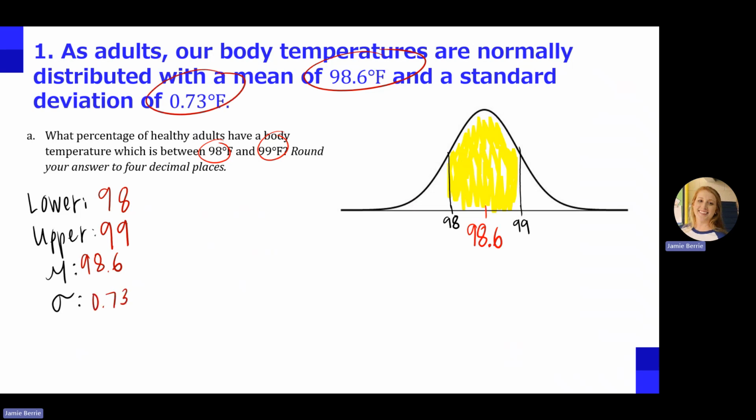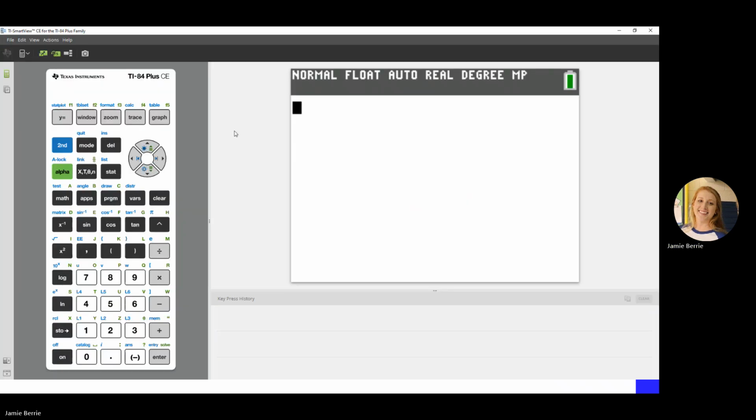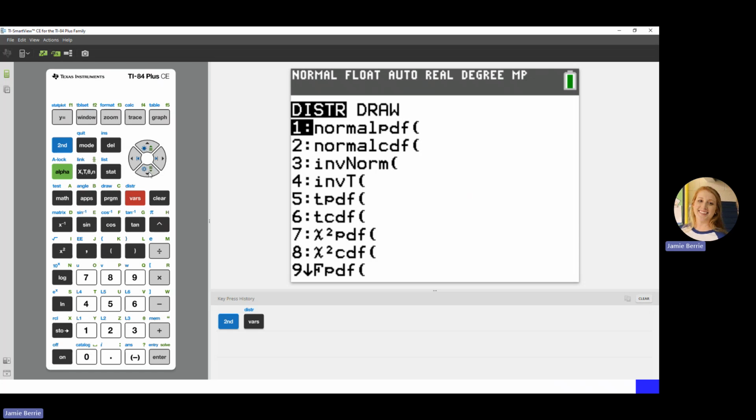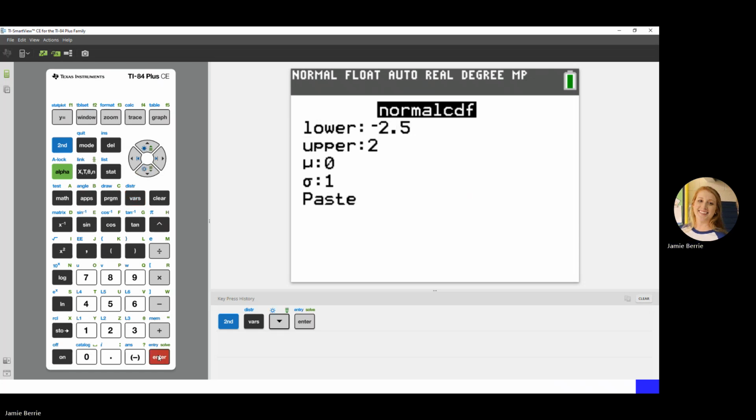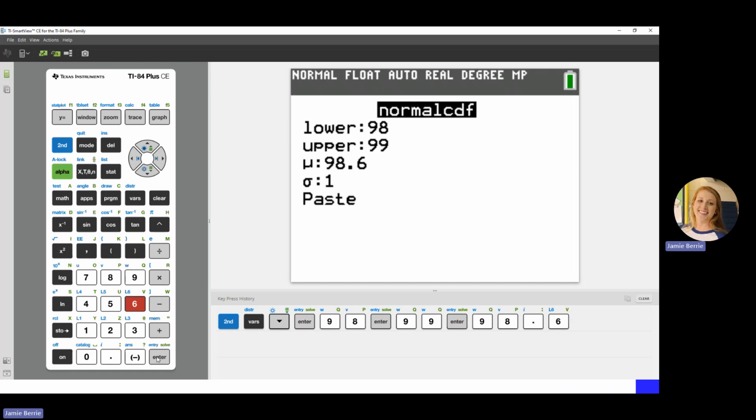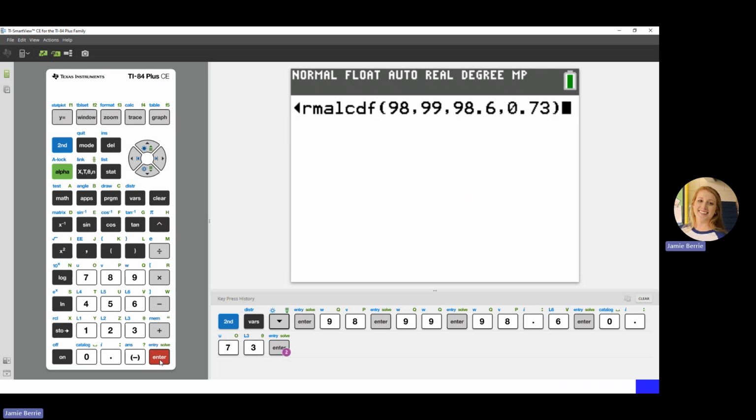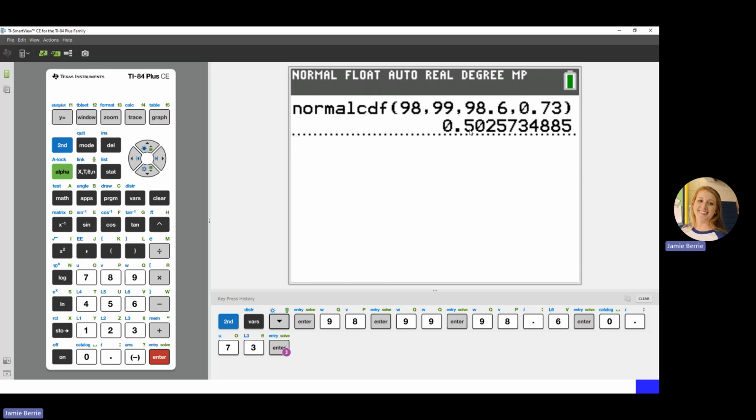All right, so now we just need to grab our calculator. We're going to do the same thing. We're going to press second VARS, then normal CDF. All right, so let's fill in our information: 98, 99, mean is 98.6, standard deviation was 0.73. When you're ready, go ahead and hit paste, hit enter. It's going to paste it onto the home screen. Hit enter again to run it. And there's our probability,